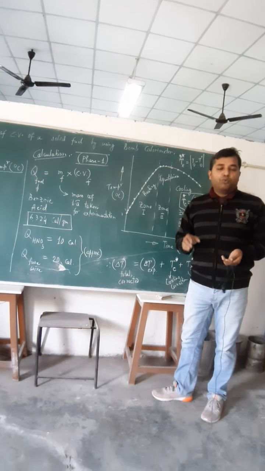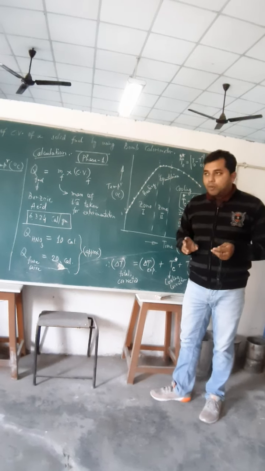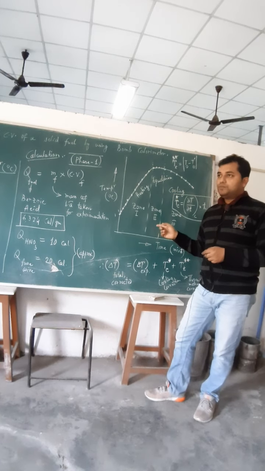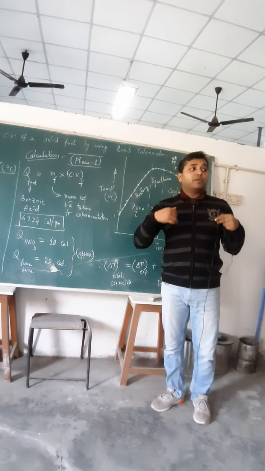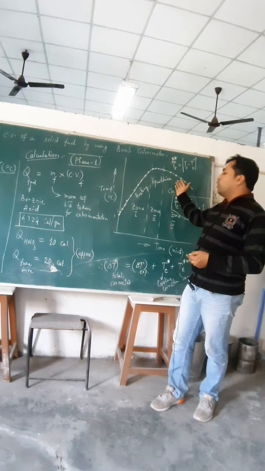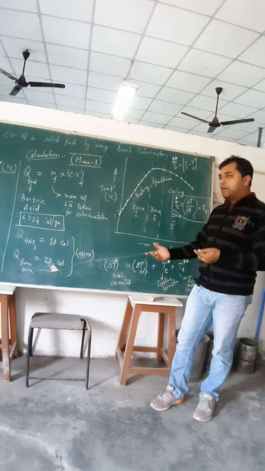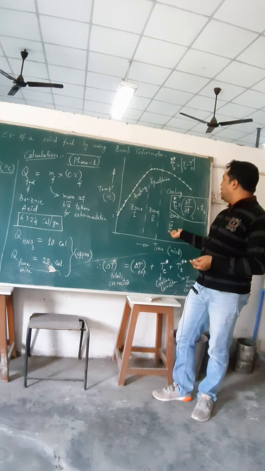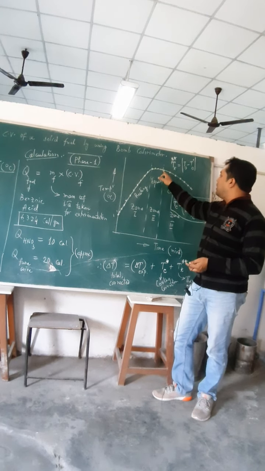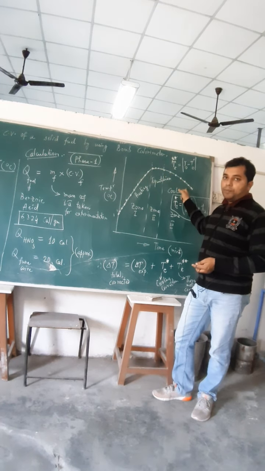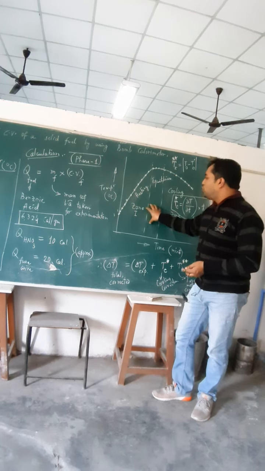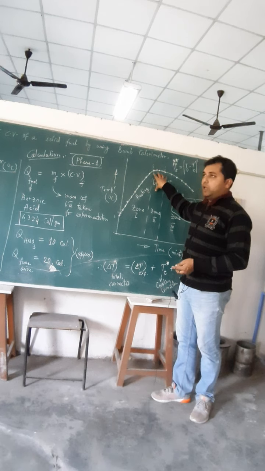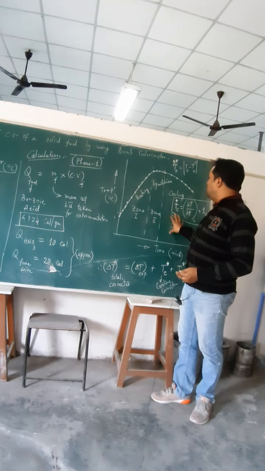At that time, we can switch off the experiment. But no, in order to get the temperature error in the cooling side, or in order to get the actual temperature rise in the experiment, we need to follow some more 2-3 minutes or 5 minutes maximum. The third stage is zone 3. We will see again there is a decrease in temperature level. So this is zone 1, zone 2, zone 3. Zone 1 is the heating zone, zone 2 is the equilibrium zone where there is no change in temperature, and zone 3 is the cooling zone.